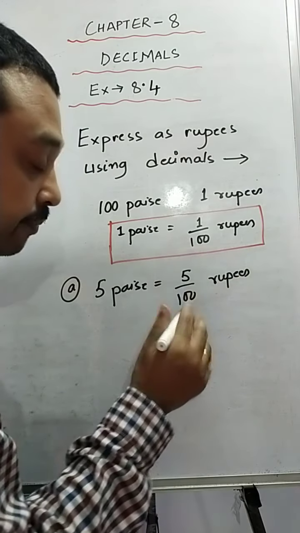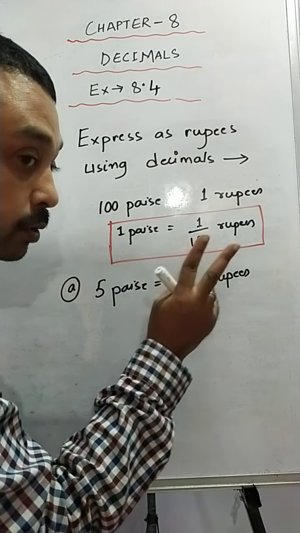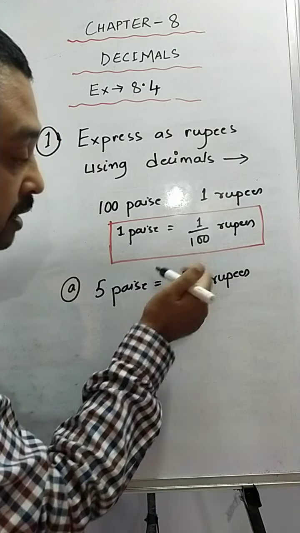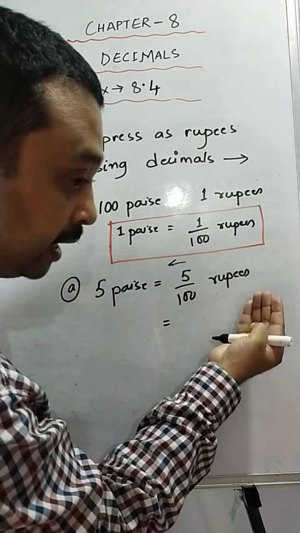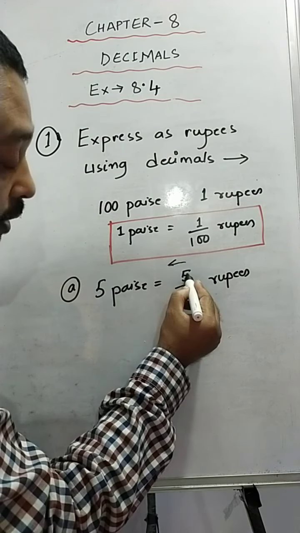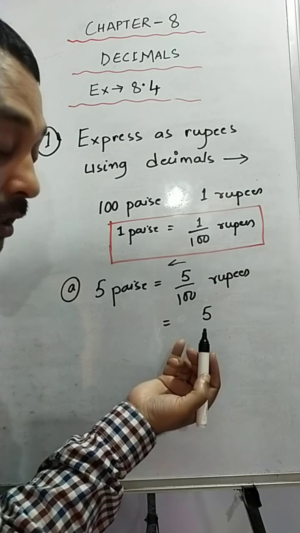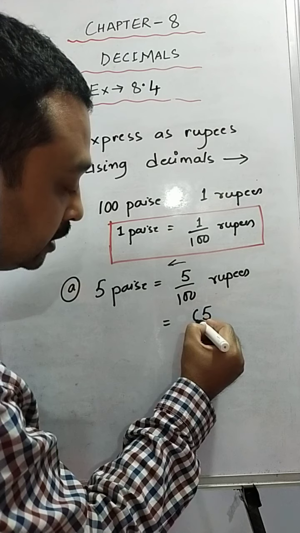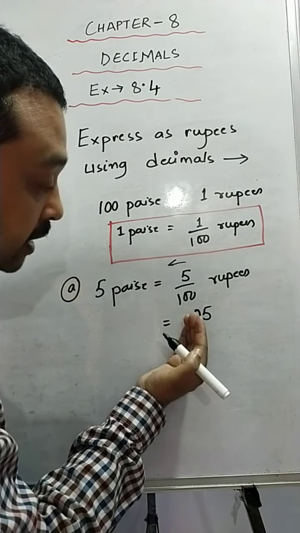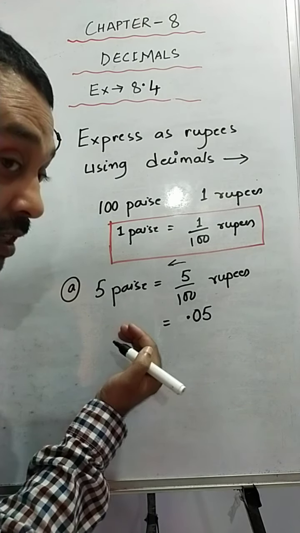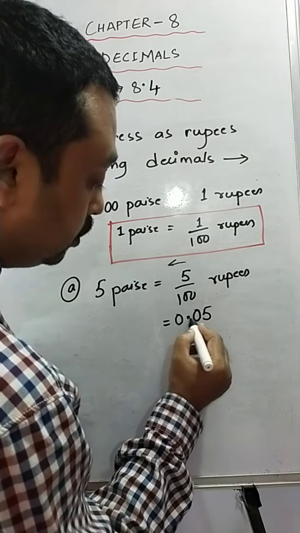Now the first job is done. Now what is the second job? The second job is to convert this into the decimal form. So how many zeros are there? 2. As we know, the number of zeros means we have to put the decimal after 2 digits, and we have to start counting from the extreme right to the left hand side. But the problem is we have only 1 digit here. So what about the other digit? We have to adjust that with 0, and then we put the decimal here. As there is no digit on the left hand side of the decimal, we'll write 0 here. So the answer would be 0.05